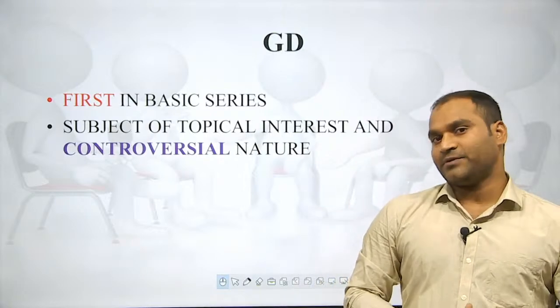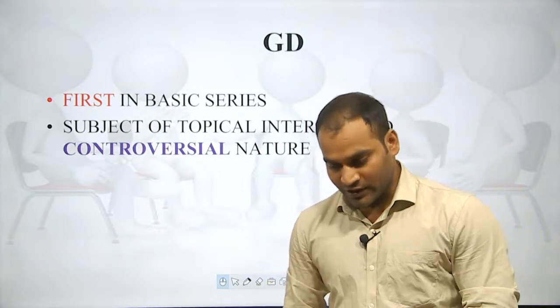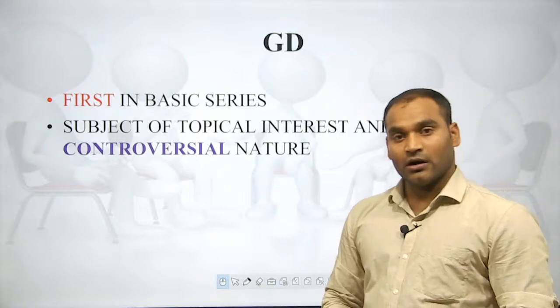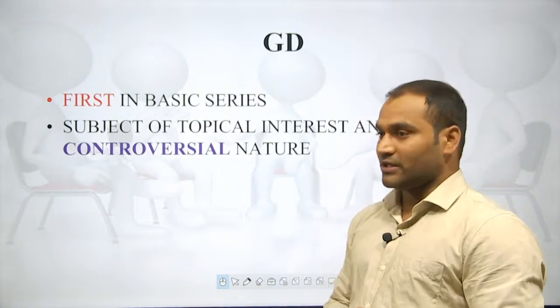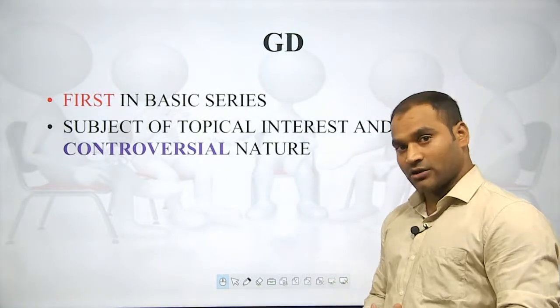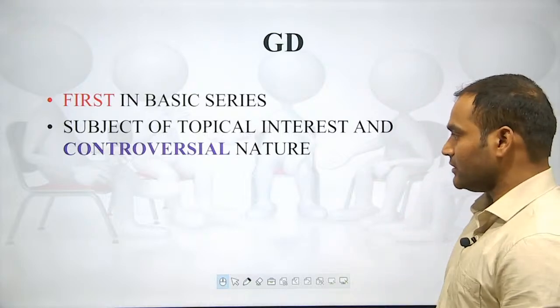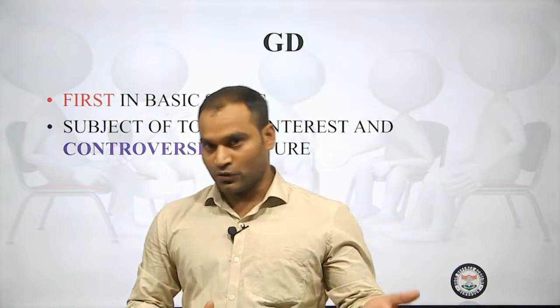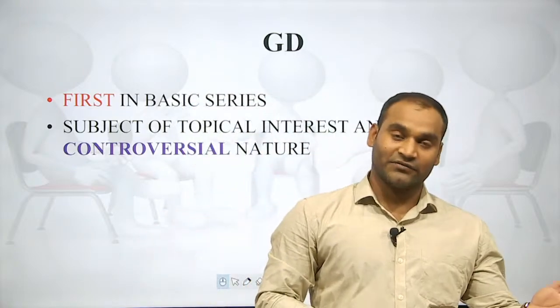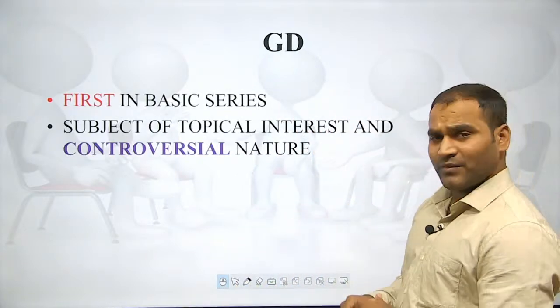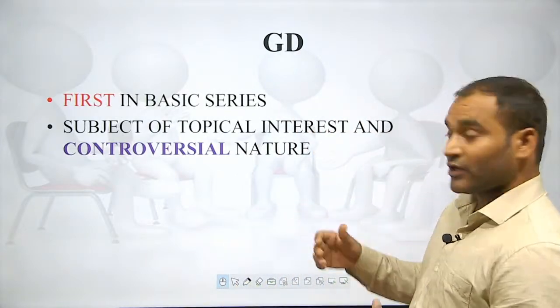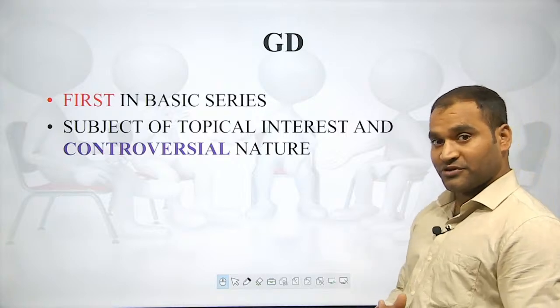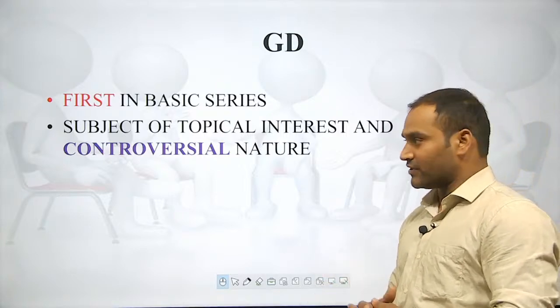What does controversial mean? It is not a universally accepted topic that is given. For example, topics like the supremacy of democracy or the supremacy or autonomy of judiciary are not given. The topics which are controversial, like euthanasia, are controversial because euthanasia is of 2 types: one is active, the second is passive, voluntary, involuntary. Maybe we have surrogacy in India, so the legal provision of surrogacy can be a topic of discussion.